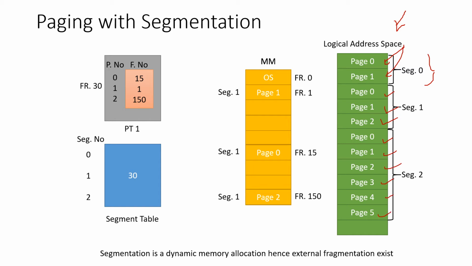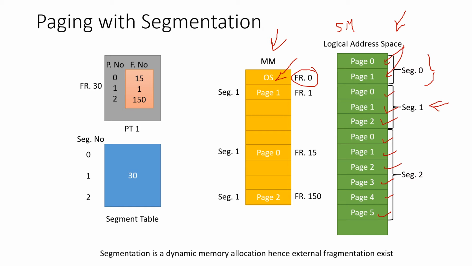So this is your secondary memory, also known as logical address space. And this is your main memory, that is the primary memory. So always in primary memory, first is operating system, which is stored at frame number 0. Now here I have shown frame number 0 as operating system. And there are different segments and different page numbers. Right now I have taken only one example of segment 1.